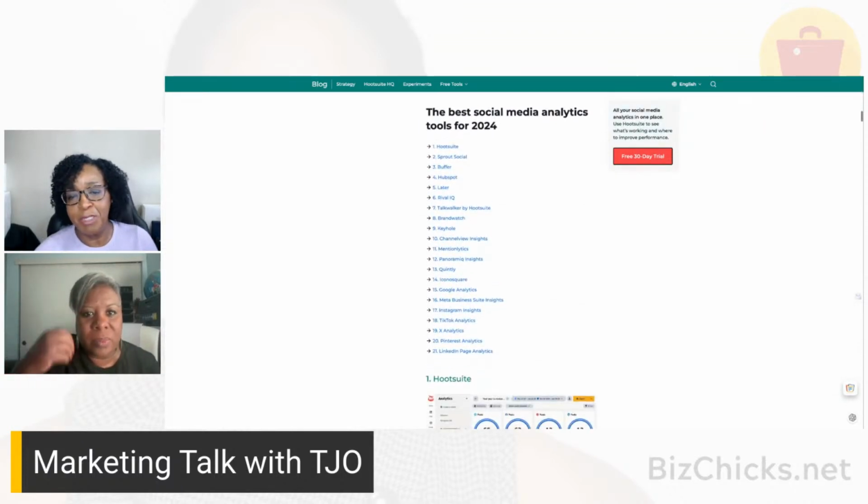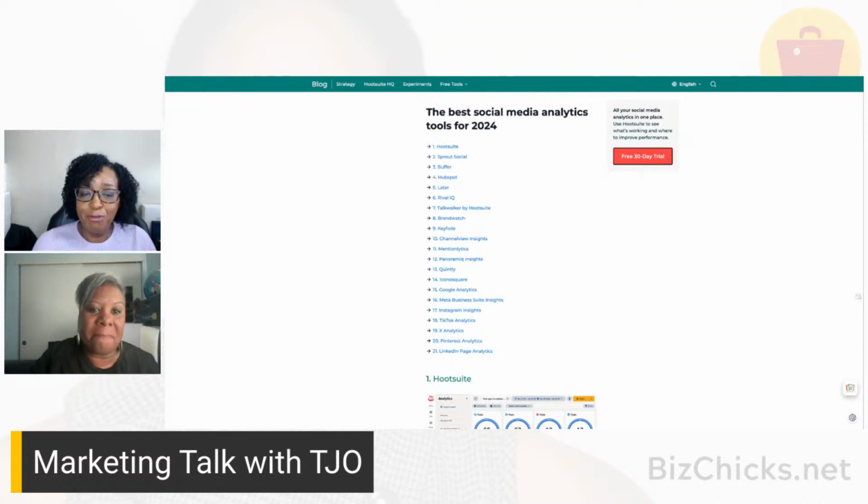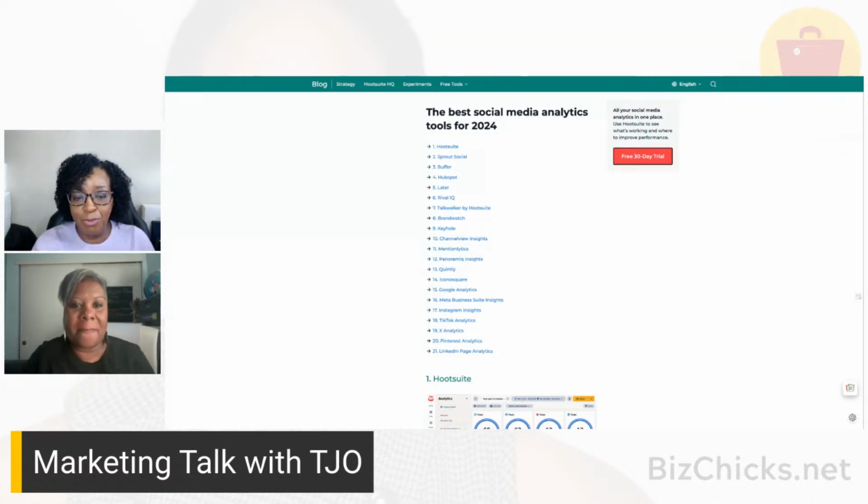So the best social media analytics tools, and these are third-party tools. Hootsuite, of course, is going to put themselves on the top. Then number 2, Sprout Social. Number 3, Buffer, HubSpot, Later, Rival IQ. This is one we're going to look at in a minute that I wanted to investigate, because I was really curious about how they did it. Talkwalker by Hootsuite, Brandwatch, Keyhole, Channel View Insights,